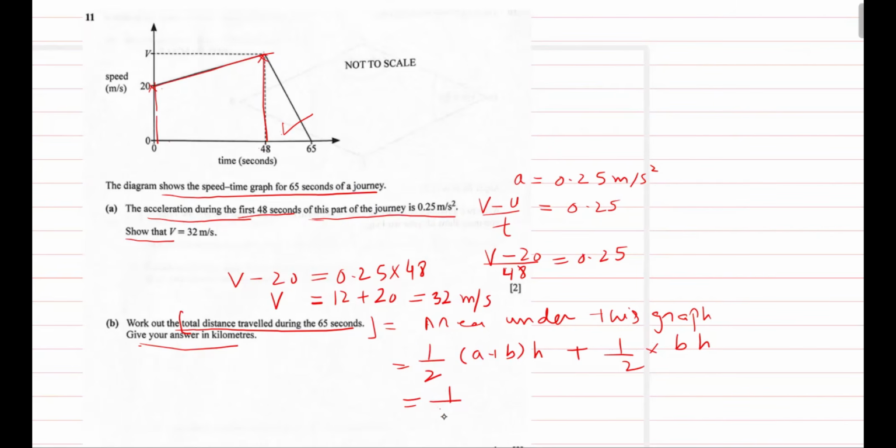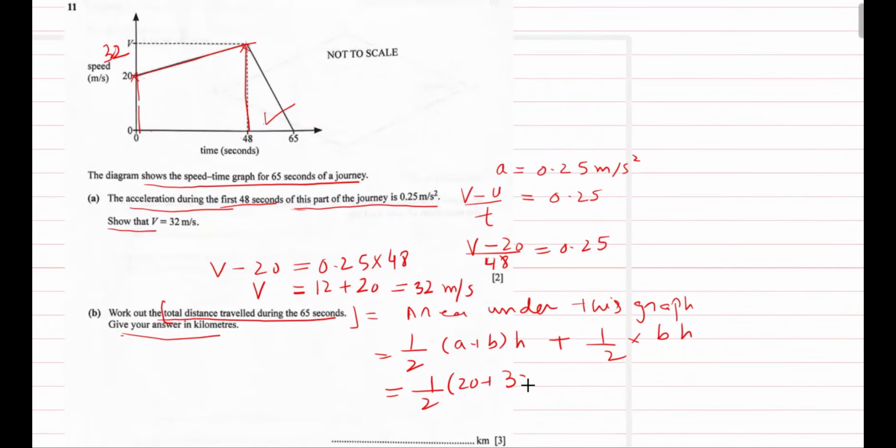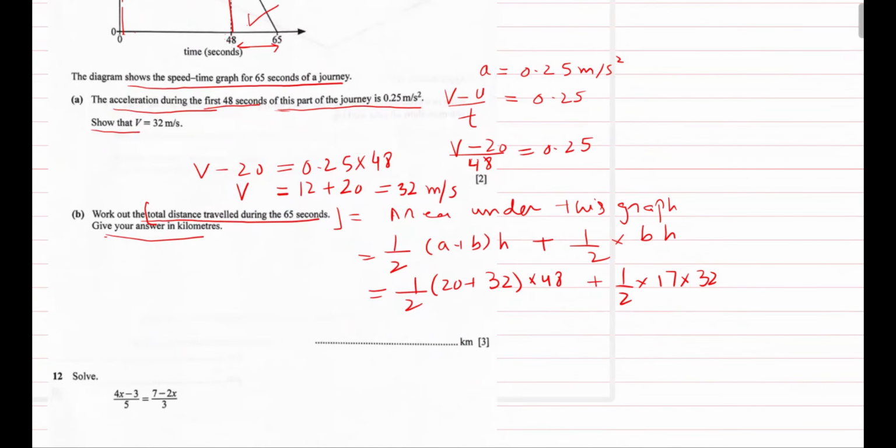Here a is 20, b is the second parallel side, this is v, and this v is 32 meters per second. Look here, this value is 32, and the height is the distance between the two parallel lines. This is 48, plus 1 over 2. This length is the base, 65 minus 48. This is 17, and the height is 32. And this will be equal to